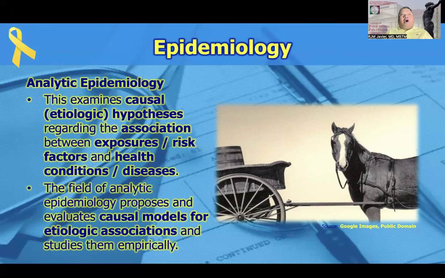So when we talk of associations, this is what we are trying to investigate when we talk of epidemiologic studies that are analytical in design or analytical in nature. We are trying to establish whether or not there would be causal relationships between the exposure variables and the outcome variables. When I say exposure variables, often these are risk factors. On the other hand, when I say outcome variables, they are often diseases, medical conditions, or prognostic outcomes related to the disease.